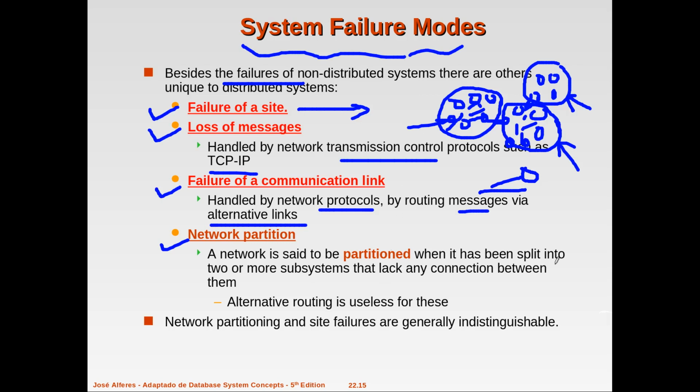Now the problem is, if a network is partitioned and there is any lack of connection between these network partitions, for example, if this link fails, there will be some problems where the transaction participating sites are from these two partitions. This link failure will affect the entire failure of the transaction.